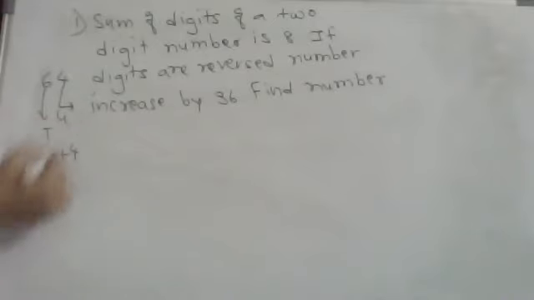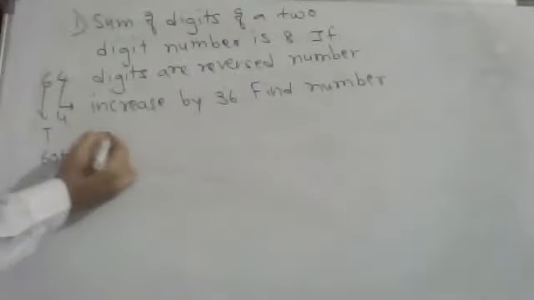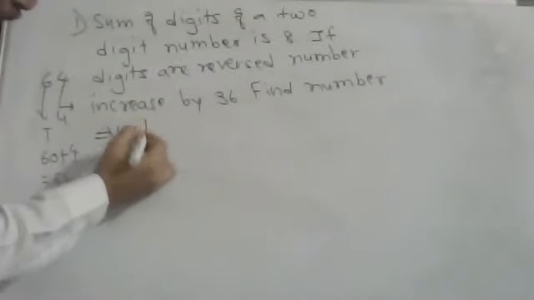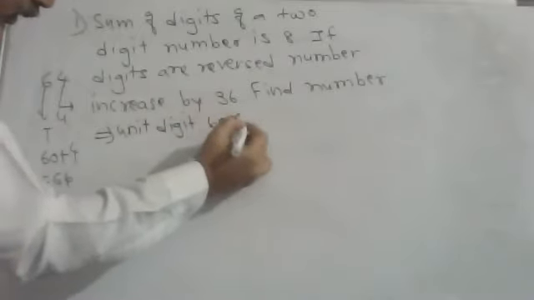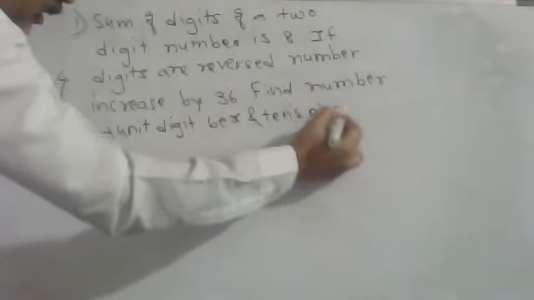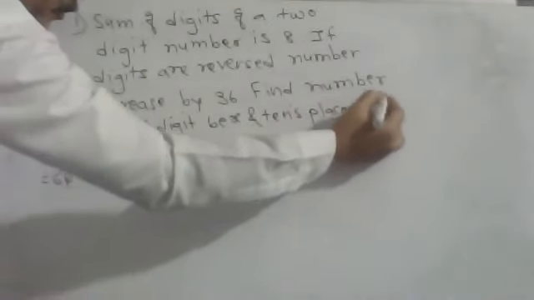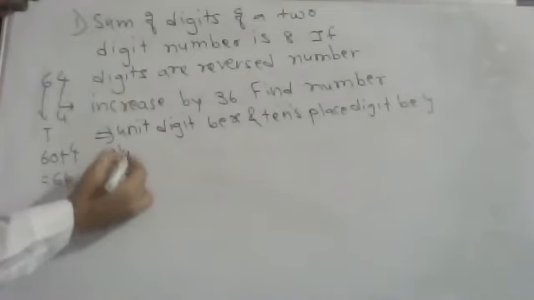It becomes 64. So let the unit digit be x and the tens place digit be y. Then the number is